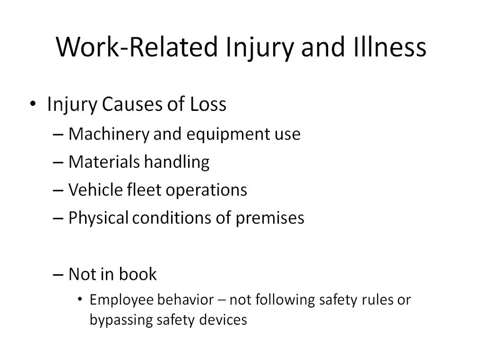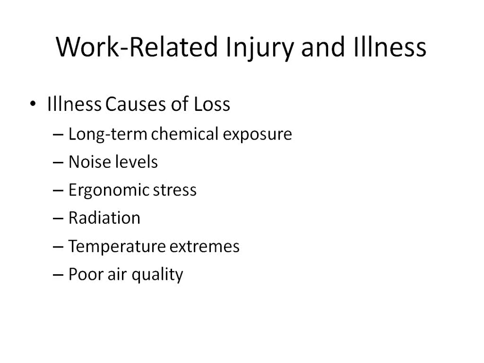One thing that I'm disappointed in, it's not in the book, but what other cause of injuries, and really probably the most common, is employee behavior. That's not following safety rules or bypassing safety devices. We can have all this equipment, but the reason they got injured on the machinery is because they took off the safety interlock switch, or they took off a guard. It's that behavior of trying to do something quicker, be more productive, that in some cases caused injury. So even though it's not in the book, I just can't let that go past without saying it.